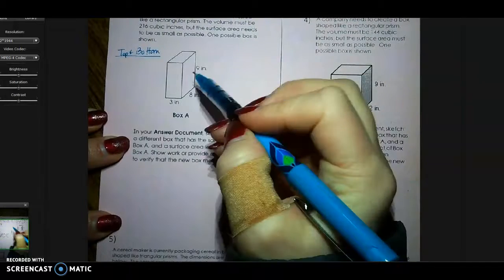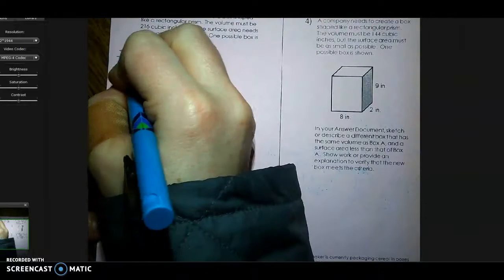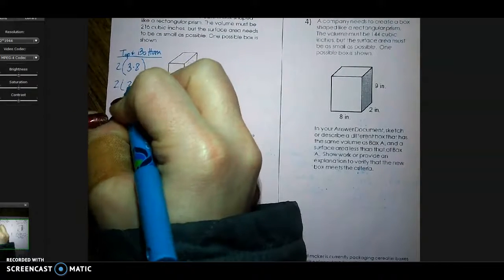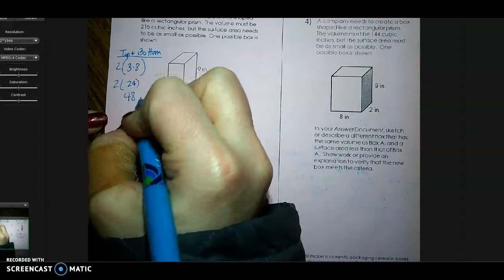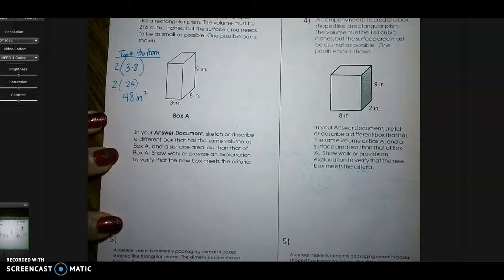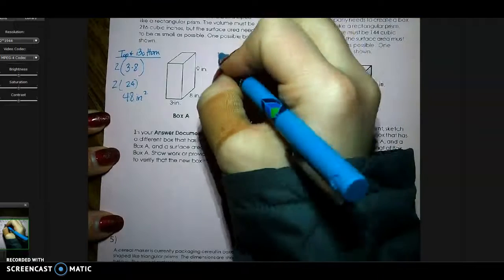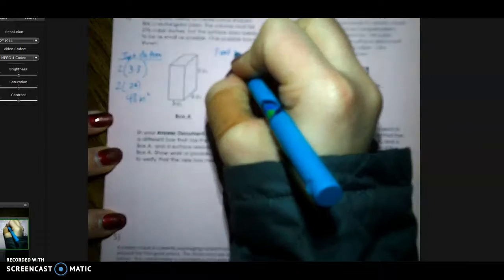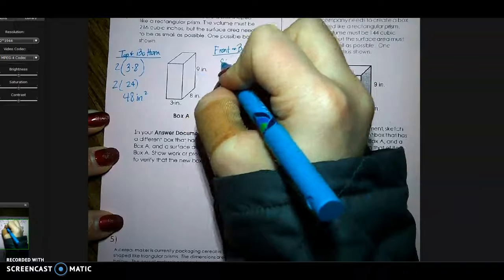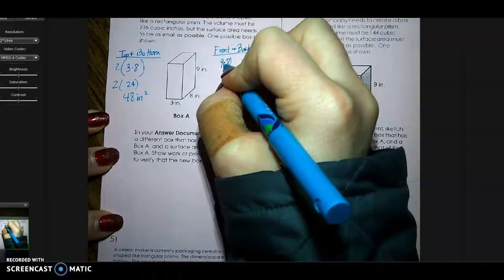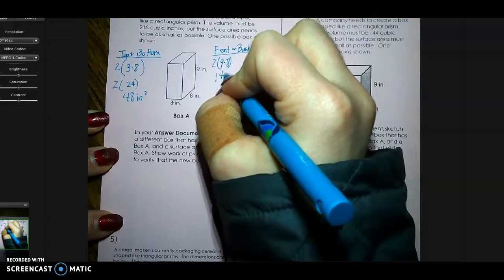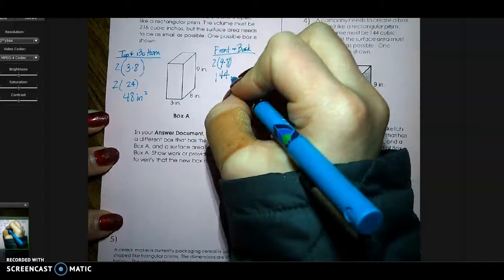And so remember, I think of that, I'm like, that's going to be 3 times 8. But there are 2 of them. So the top and the bottom together give me 48 inches squared. Then my front and my back are going to be the same. So 9 times 8. And there are 2 of those. So 72 times 2 is 144